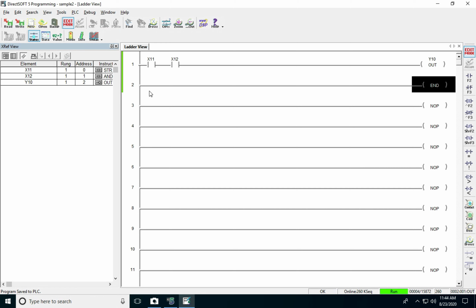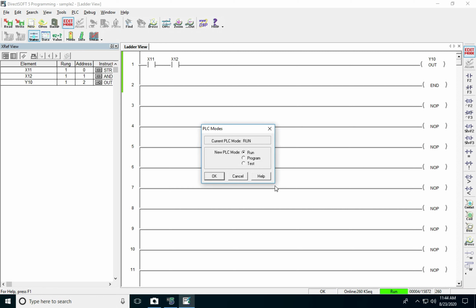Also, one other thing you have to know in PLC is you can change the mode of the program. So if you just want to write the program but you don't want to run it in the machine, you can change it to program mode. So whenever you write, the program won't be run in the PLC until you change it to run. So always make sure whenever you are running, it should be in the run mode. And whenever you want to test by not turning on the machine, but you want to see which inputs are turned on, you can change this mode. So that's about our AND logic and OR logic.